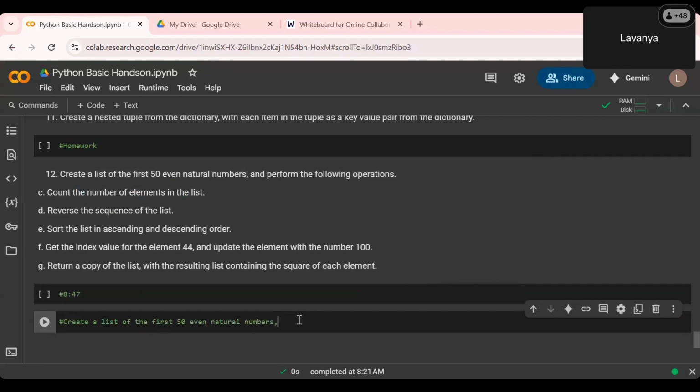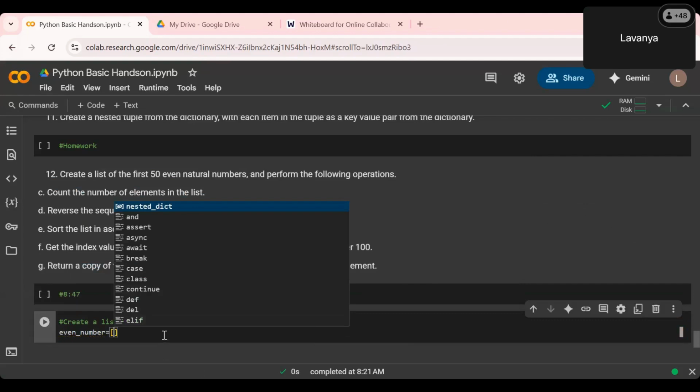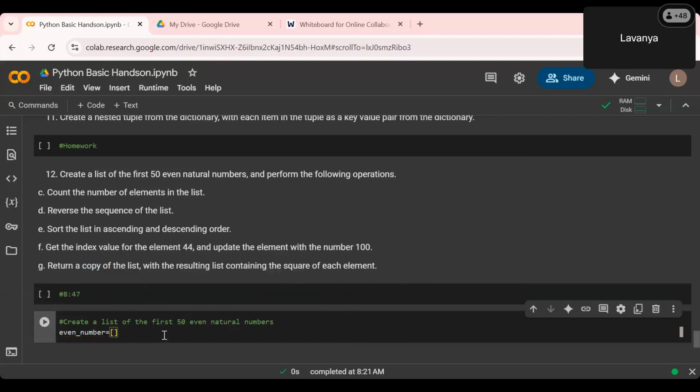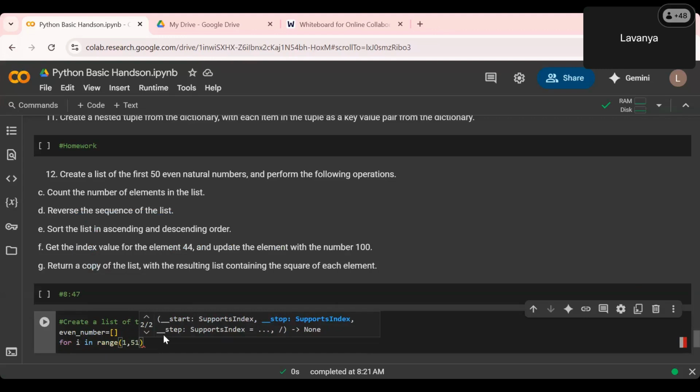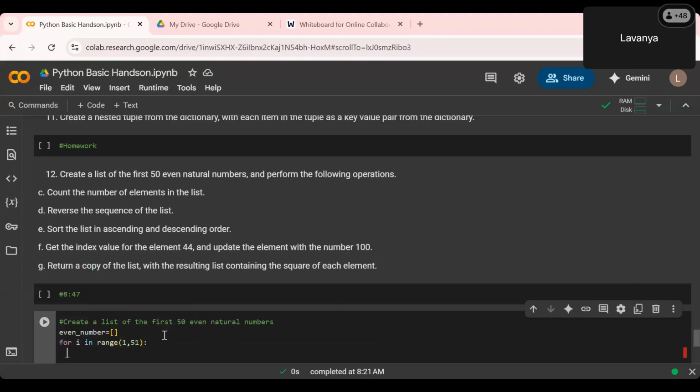Okay. So first 50 even natural numbers, guys, means total 50 elements I want in my list. I want even numbers, so I'm creating my list named even number. First I have created an empty list. Now for i in range, I want 50 elements, so from 1 to 51, because I want 50 elements, I have to pass 51. Yes, everyone? Clear? If I want 50 elements, I have to pass 51 here so that I can get